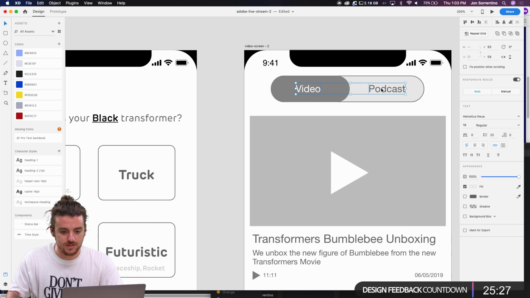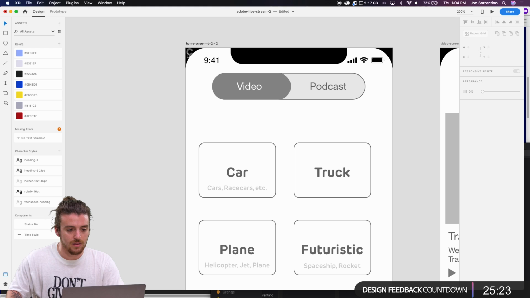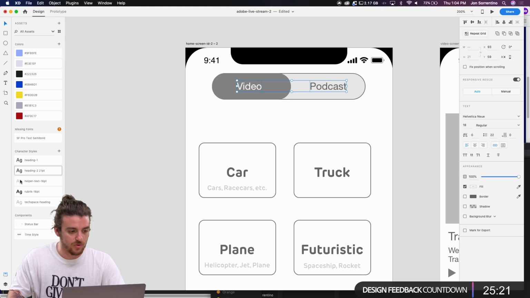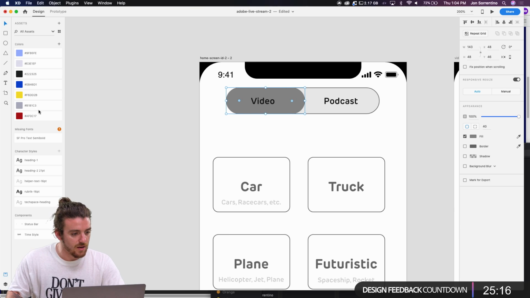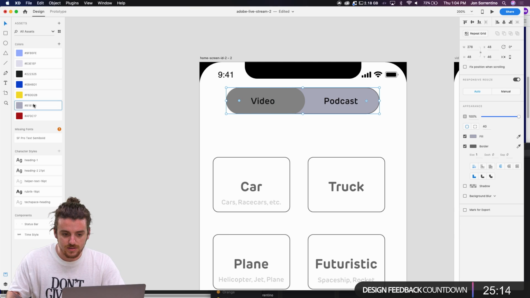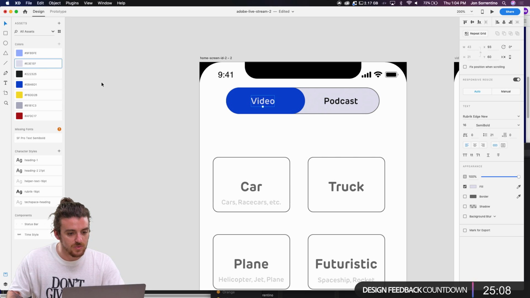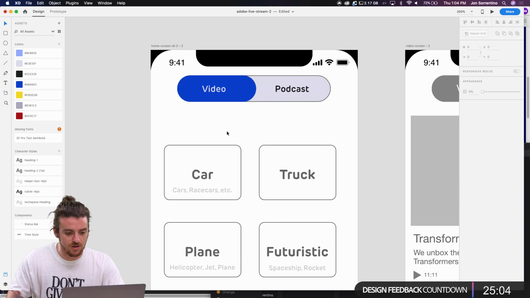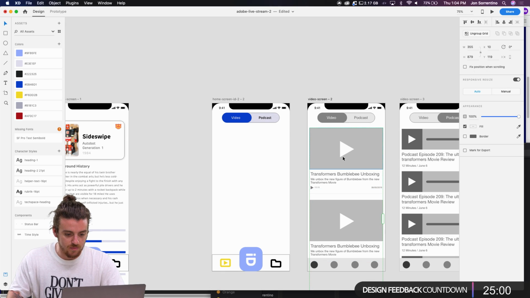I want to grab this, delete that here, and then pull this in as our heading. Yep. And then I want to make the background of this kind of like this purple, actually a little bit later. This will be our selected, and then this will be our active. And so this way you're in a video tab now. And then what I'll do is I'll grab this guy.